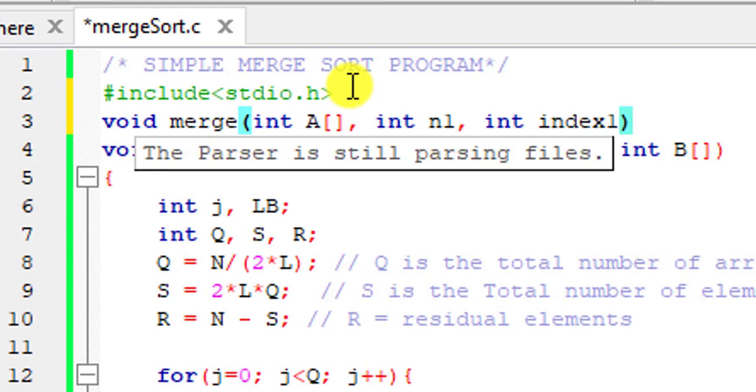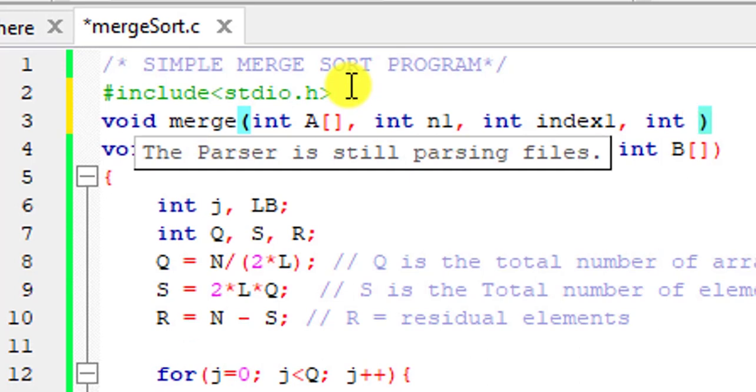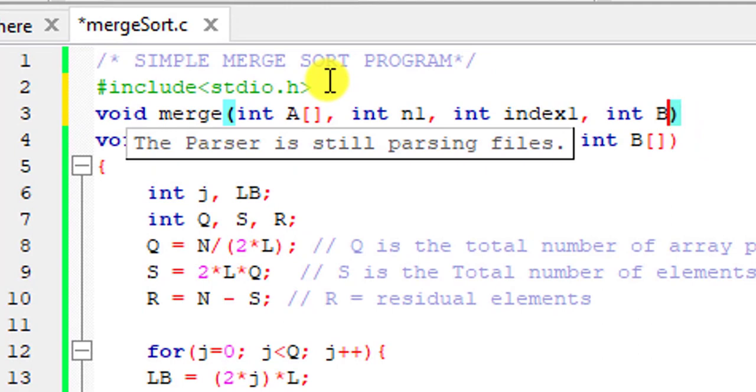So this is a variable which is going to change, and it signifies the element which we are dealing with at a time for the array A. And now we need another array to be passed as the formal argument. Now we have a B, another array,